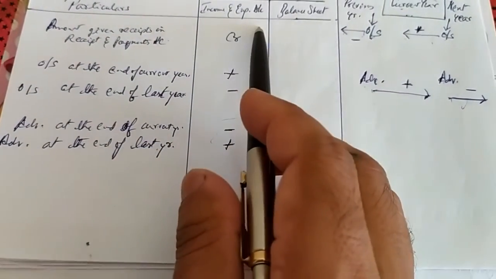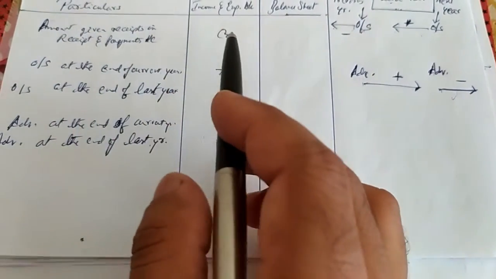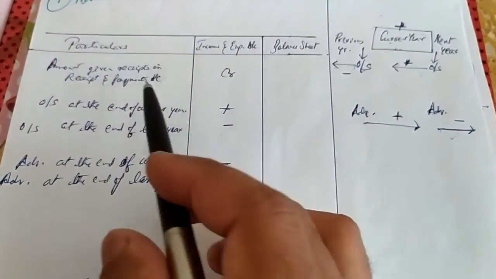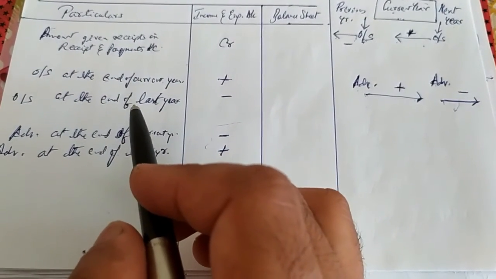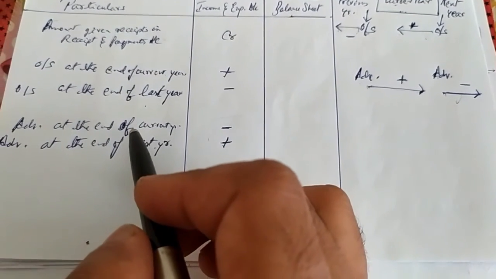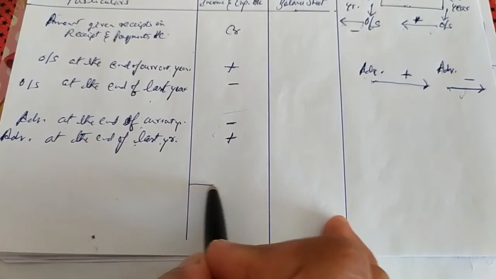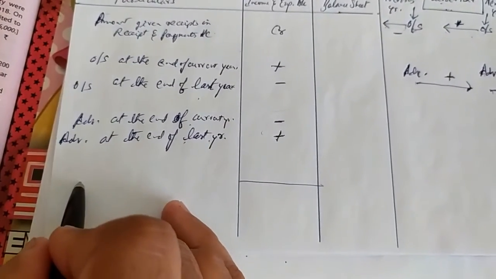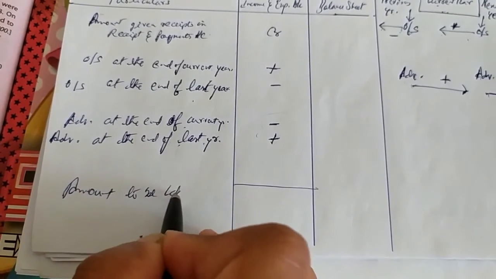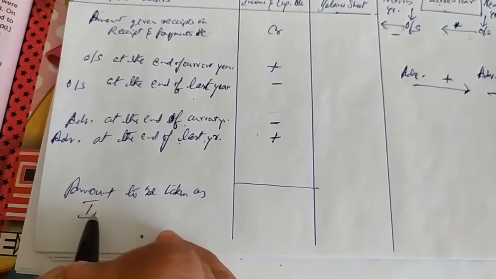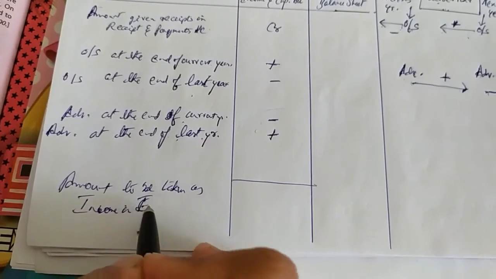So in the income and expenditure account, when we have to take the adjustment for subscription or any other income, then this is how we should treat the outstanding at the end of the current year and outstanding at the end of last year. Similarly, advance at the end of current year and advance at the end of last year. So after computing this, the amount that you will find here, that will be the amount to be taken as income in income and expenditure account